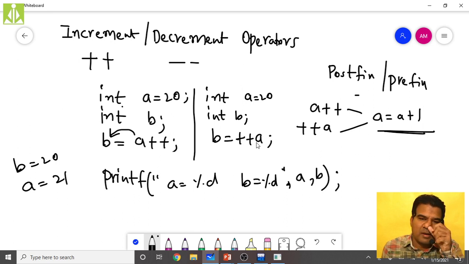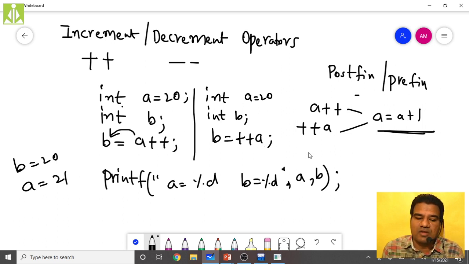Now what will happen? First it will increment, because plus plus is coming before the operand. A value will become plus 1. We have A as 20, so it will become 21.